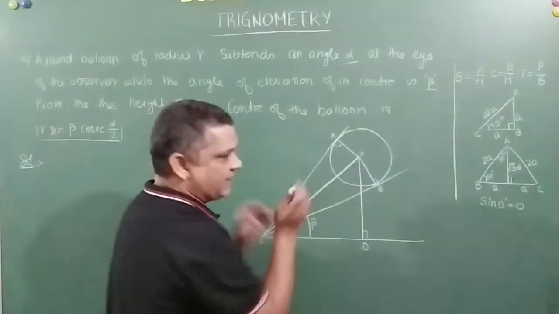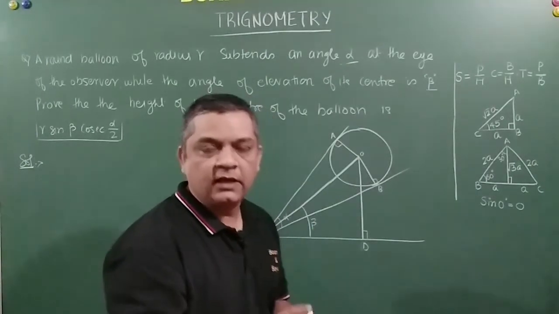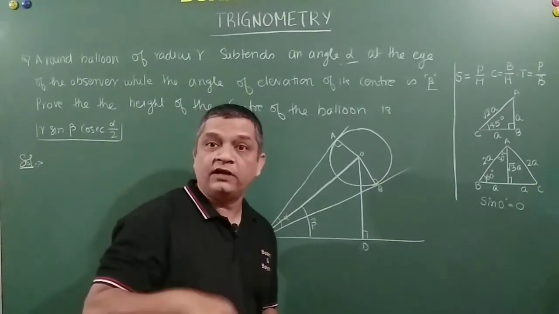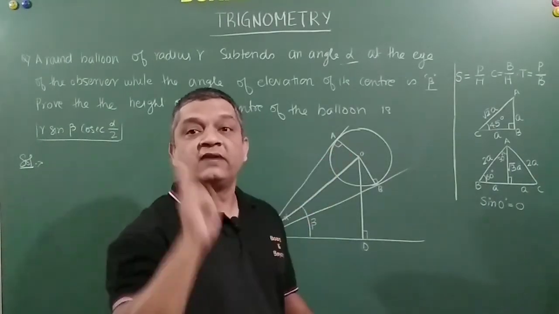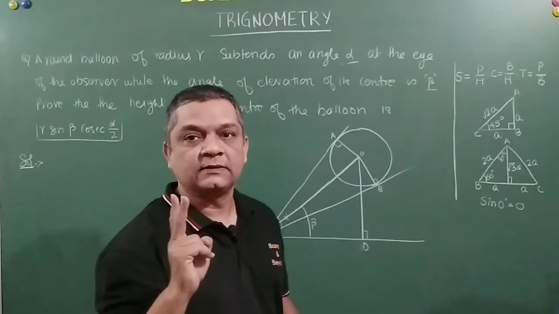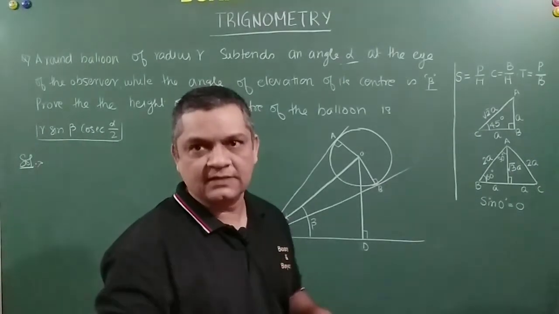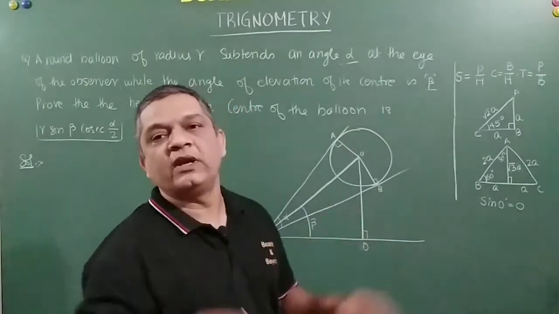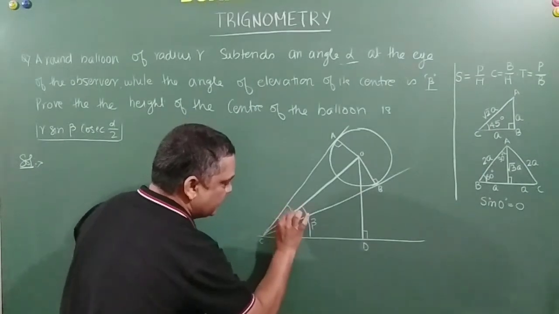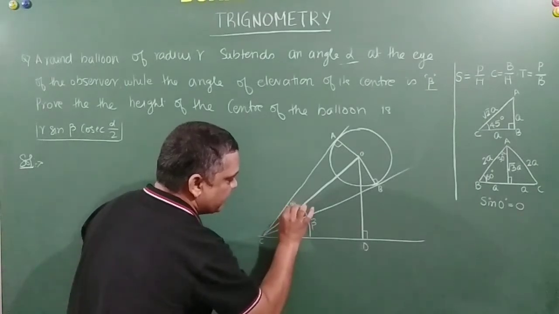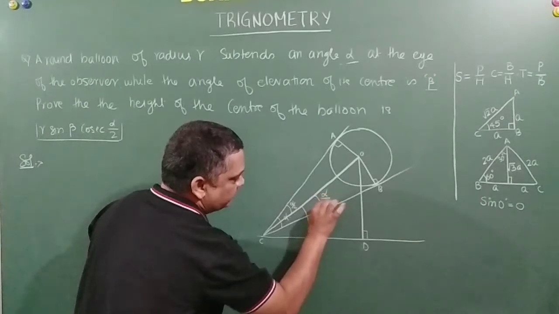If there are two tangents drawn from a common point to a circle, then the line joining that point from which the tangent has been drawn to the center will divide the angle into two parts. I hope you remember these two. Anyway, I have not taken circles till now, but these are the prominent properties. So this becomes alpha by 2 and this also becomes alpha by 2.